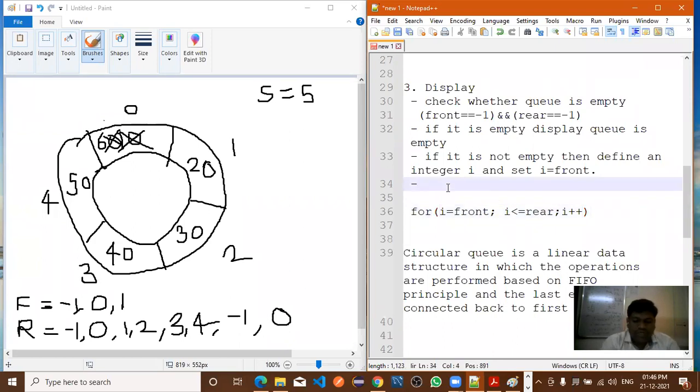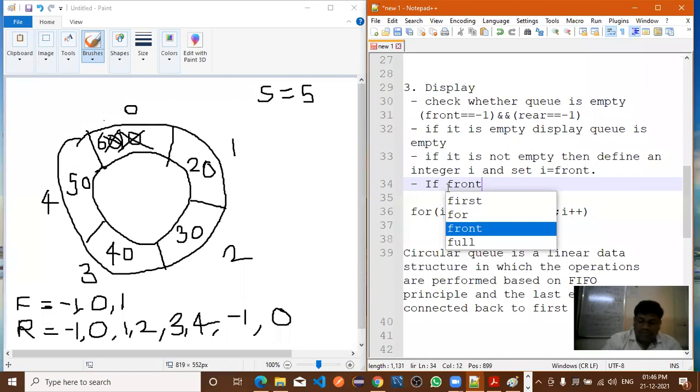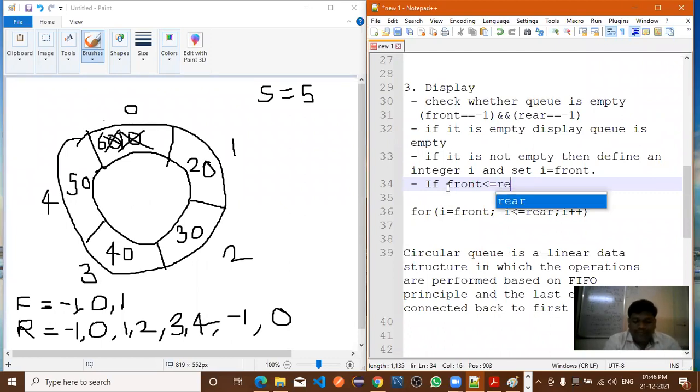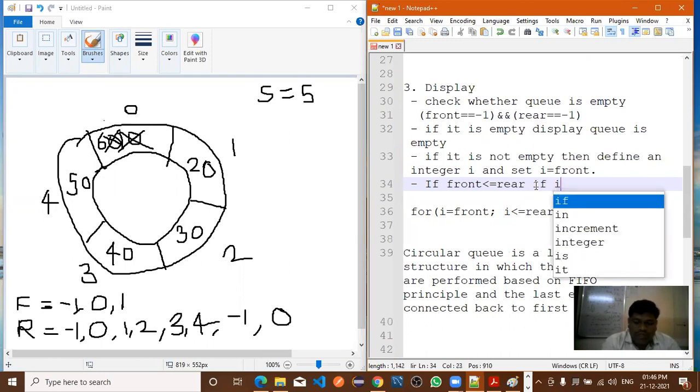Let me write the steps directly without wasting time. So if front is less than or equal to rear. Now somewhere we need to stop, right? So we'll start from the front, 20, 30, 40, 50, and here we need to stop. But how to stop? If front value is less than or equal to rear, if it is true,